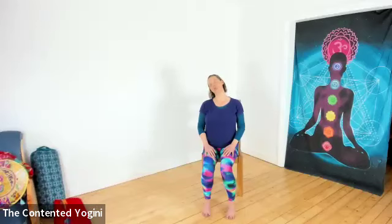Nice and slow, noticing the connections, the different parts of the body that support, the space that you feel. When you're ready, you can come back to a more neutral spot and then gently bring your head back to center. Roll the shoulders again a few times in each direction. Very good. Okay, so we're going to come up to standing quite shortly, but we want to just prepare the